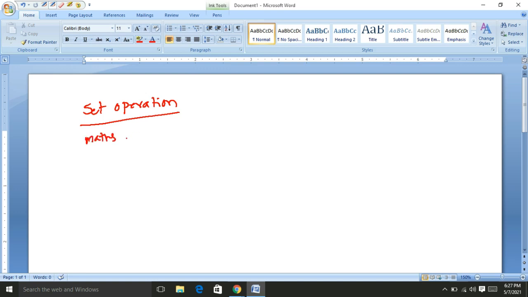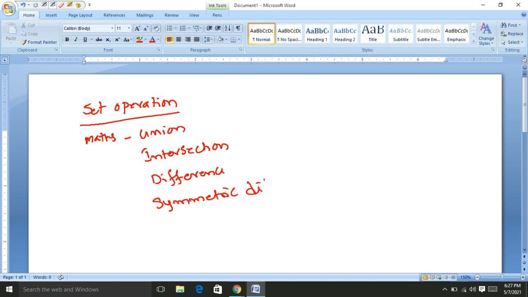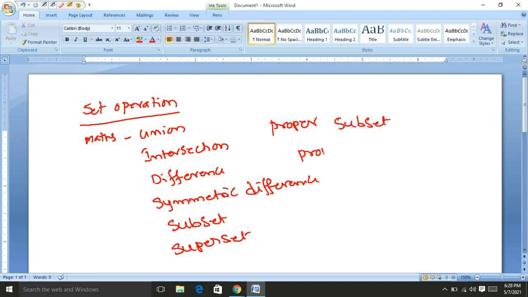In mathematics we perform union, intersection, difference, that means set difference, symmetric difference, subset, superset, proper subset, and proper superset operations.